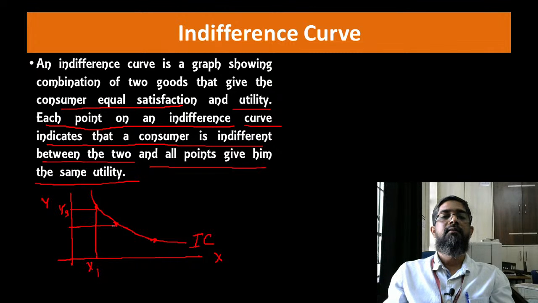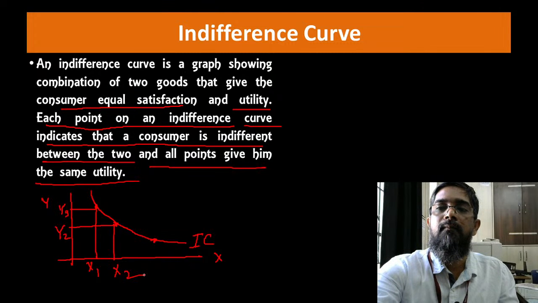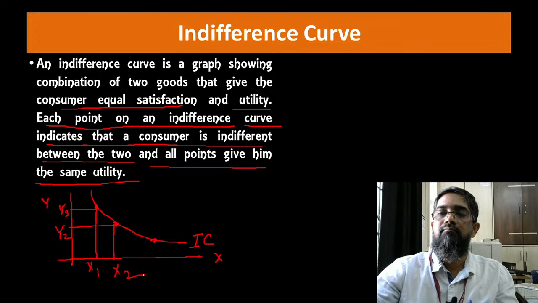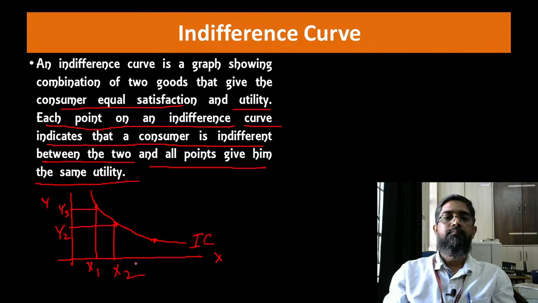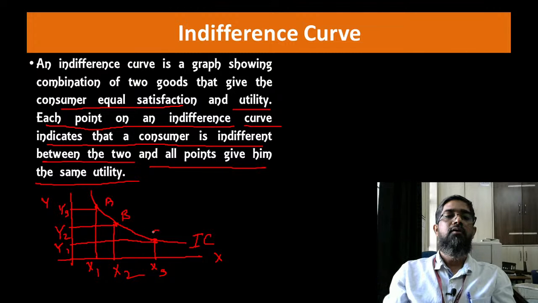At this level you have Y2 and this is X2. And here you can see Y1 and this is X3. So whether you are at A level, B level or C level